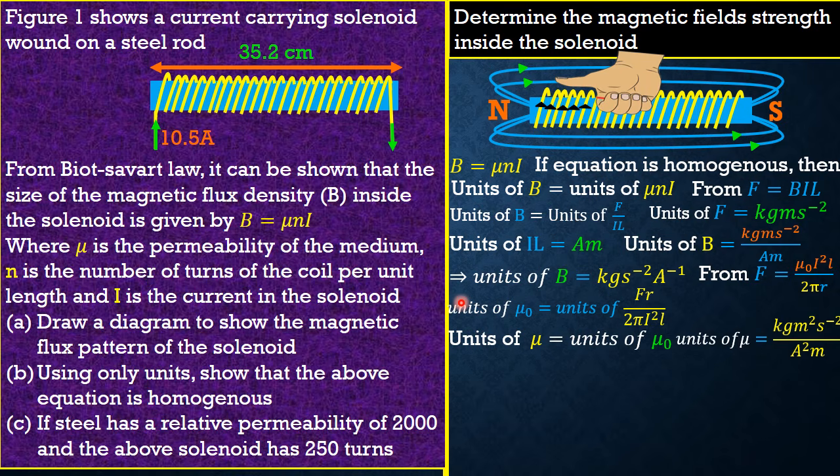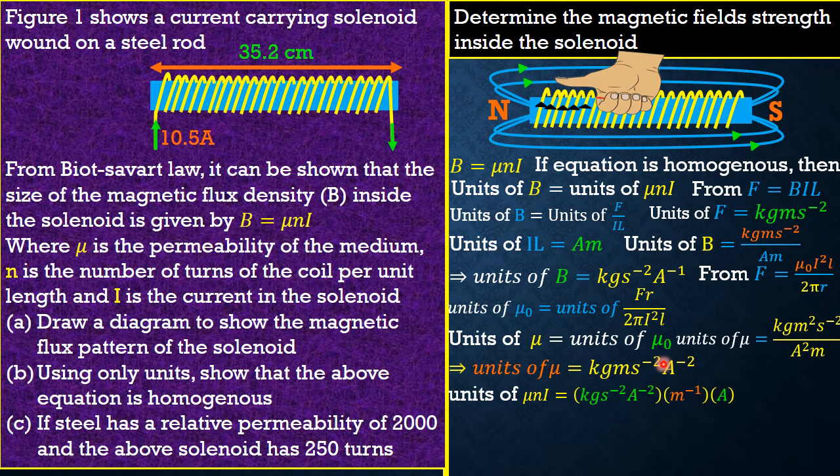This means that the unit of mu is the same as kilograms meters squared per second squared over A squared M. Simplifying that, guys, gives us the units of mu to be kilograms, one meter cancels one, so we have meters per second squared per ampere squared. Great. So at this point, we can see that the unit of mu and I is the same